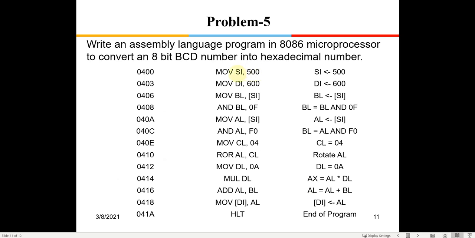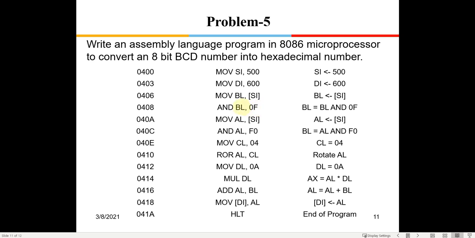Okay, so what we are going to do here is first point out and get the memory location into SI, and then this is the destination number, so we can move BL SI. In this program you can even write move BL 500 also. You can get the data directly into the BL register also.